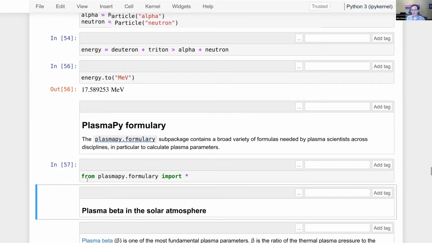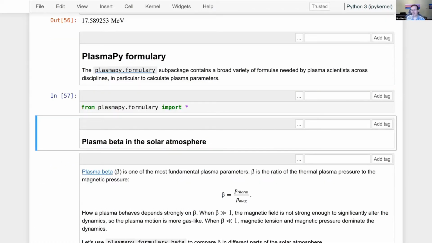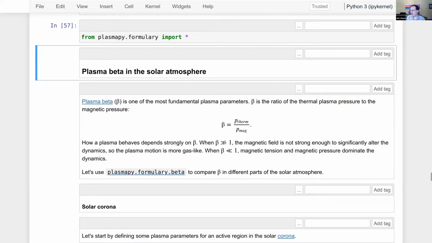And we'll go through, we have time for one example of calculating plasma beta in the solar atmosphere. And for those who are new to plasma physics, plasma beta is something that comes up pretty often. It's the ratio of thermal plasma pressure to magnetic pressure. So when beta is really big, much greater than 1,